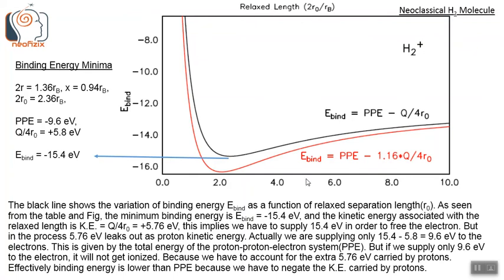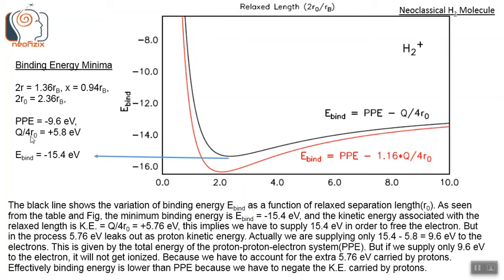This relaxed separation length 2 r naught, normalized by the Bohr radius r_B, is along the x-axis, and the binding energy is along the y-axis. As seen from the table and this figure, the minimum binding energy is minus 15.4 electron volts,